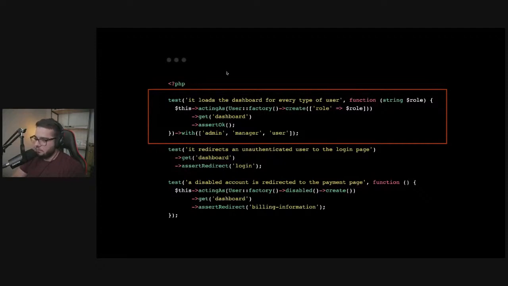And this super silly, simple test won't guarantee that the admin is going to see what they should. It's not going to guarantee that the manager is going to see what they should, but it is going to guarantee that your app will not crash because of a typo, because of a wrong if condition, because you're calling a method that doesn't exist in an object. That's simply not going to happen because you have a test running all the time. And if the dashboard page uses a dependency, for instance, you could use a method on the user model. What could happen is you could change this method to be used in someplace else, and it could break the dashboard page. And this test would catch it. So it's a super silly, simple test. It has 5 lines, and it can save you from crashing your app.